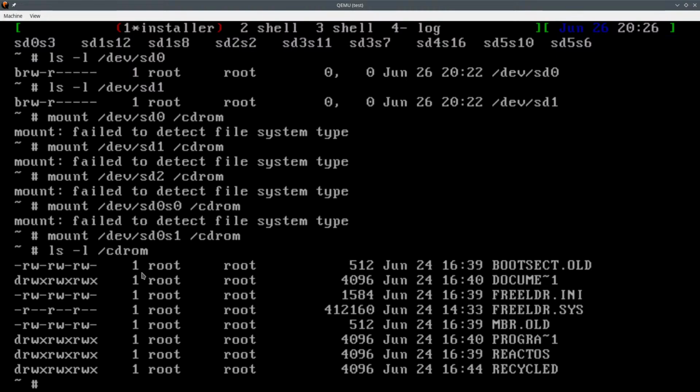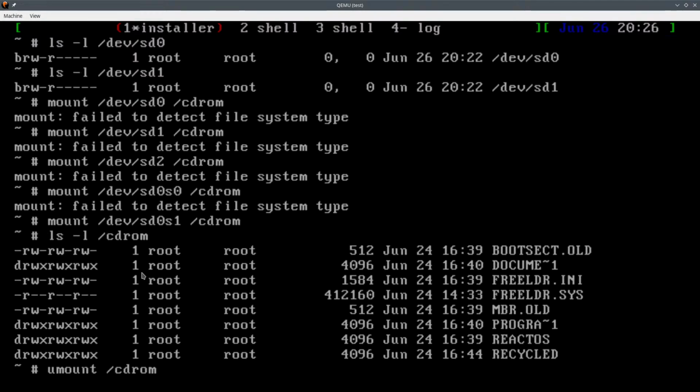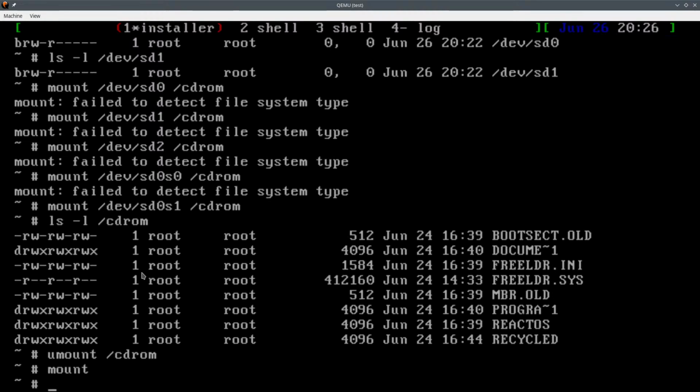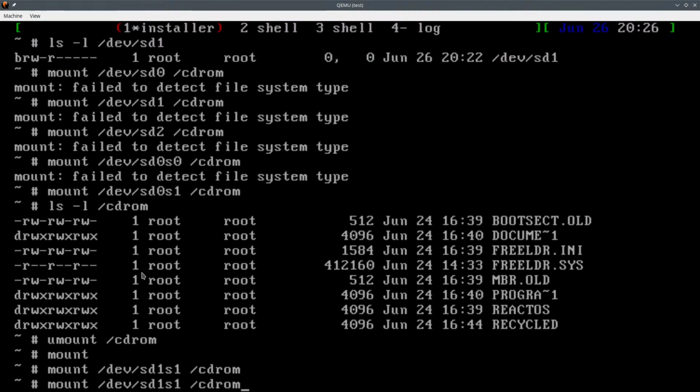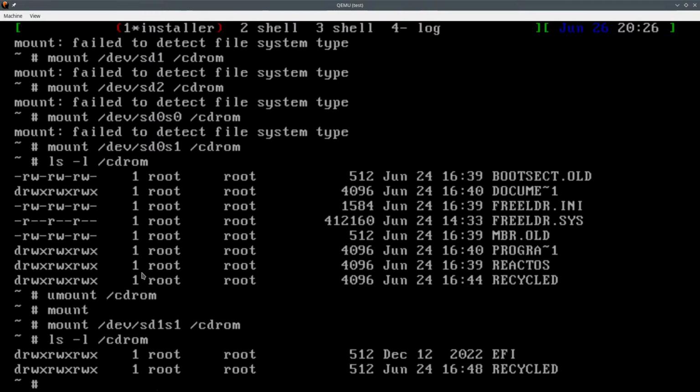Oh. Yeah. We might mount CD-ROM, but do we know if we can mount anything? So I can try. So this should be the first partition on the disk.